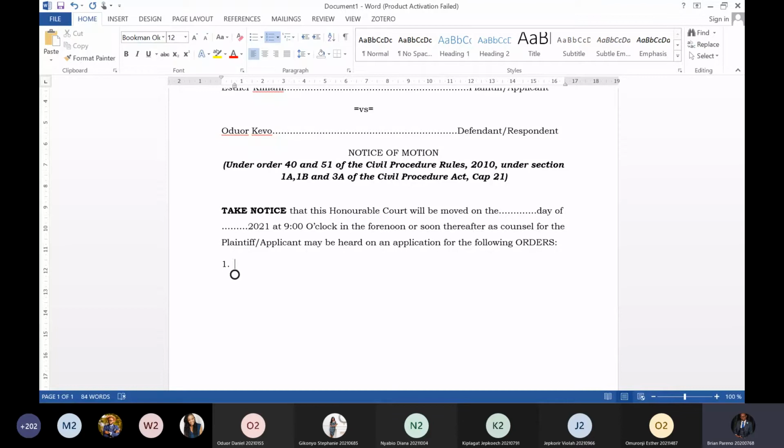But I presume, as a diligent advocate, you will move to court under certificate of urgency. So the first order normally is that this honorable court certifies this matter as urgent. Leave it plain and simple. How will you draft the second order? You're just looking for an injunction, that this honorable court will issue a temporary injunction